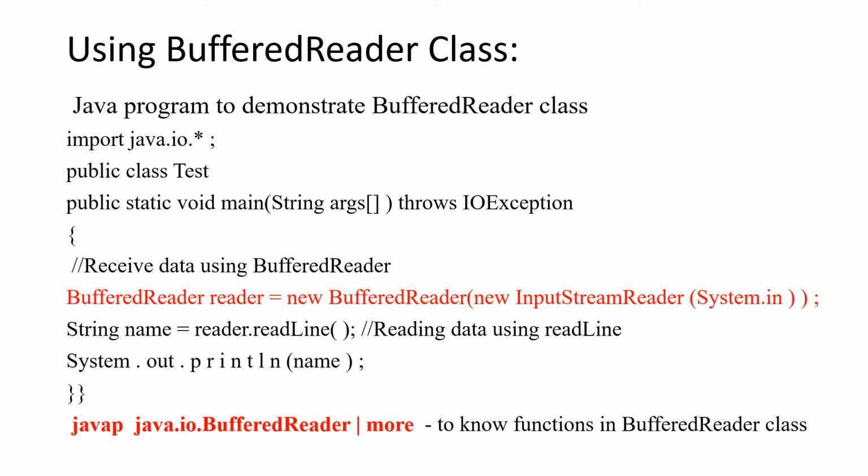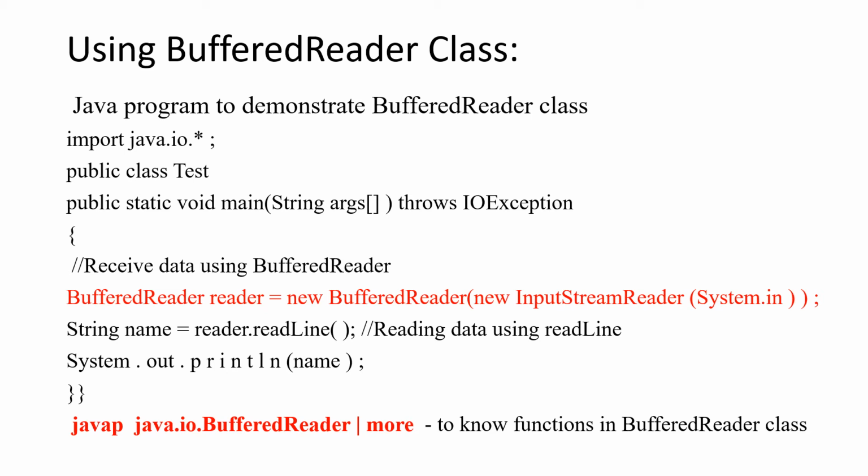The next type of class is BufferedReader. It refers to a character stream. The way to define a BufferedReader object is given in this PPT in red color. You have to use that particular statement as it is to create an object of the BufferedReader class. At the time of object creation, we are connecting that stream to System.in, or the keyboard.